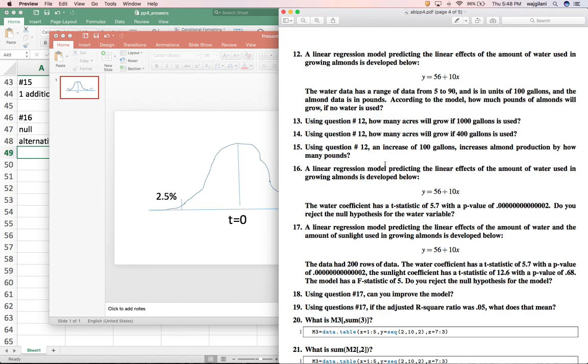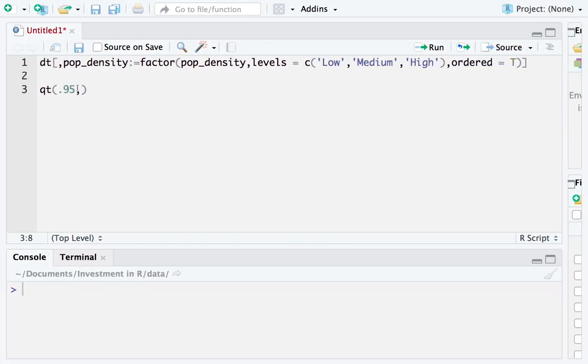Minus p, that means predictors, which basically means the number of independent variables you have. We just have one independent variable, so that's going to be n minus 1, that's 200 minus 1. And then minus 1 just for the intercept. So that becomes 200 minus 2, which is 198. So if I stick in 198 here for degrees of freedom,